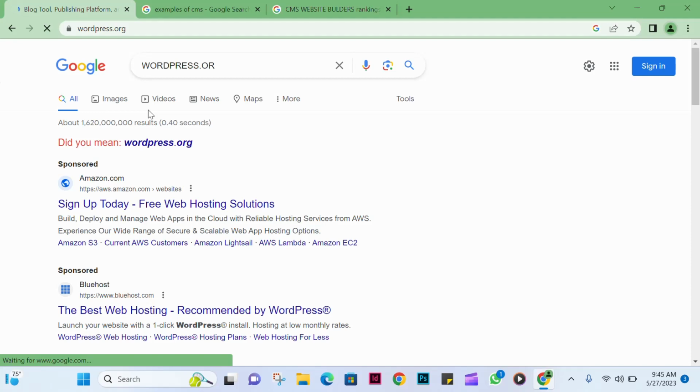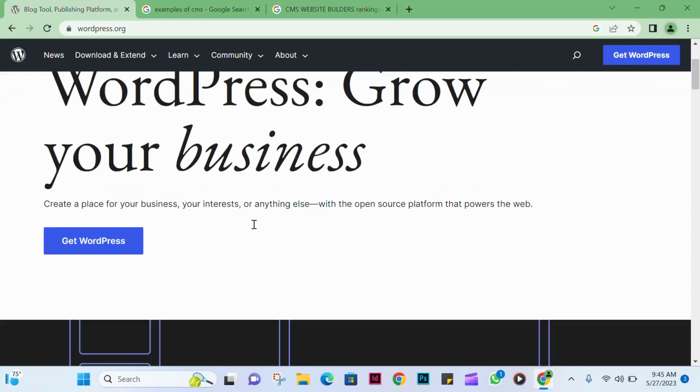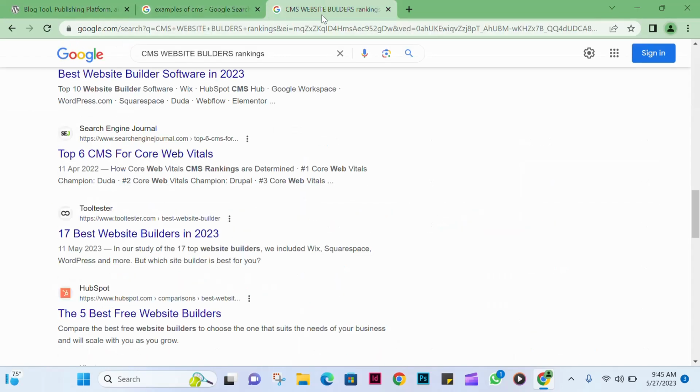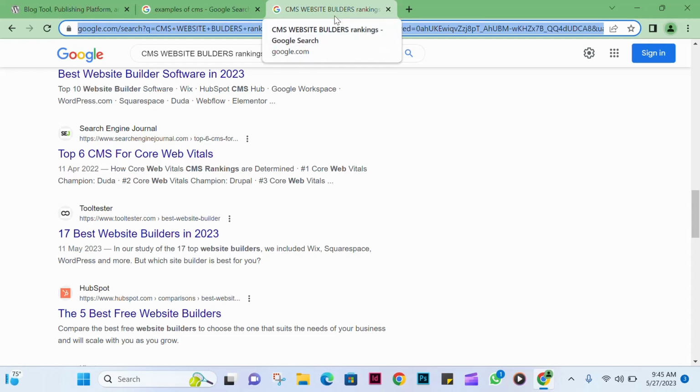Then we shall need a server. I think you can see WordPress, we are now celebrating 20 years. What is a server? This is a space where we shall be hosting our website files, where we shall be keeping them. For our case, we shall not use online hosting. Online hosting, you need to pay some money, and for now we are not ready to pay. At the end, we shall see how to do that. We are doing it for free.